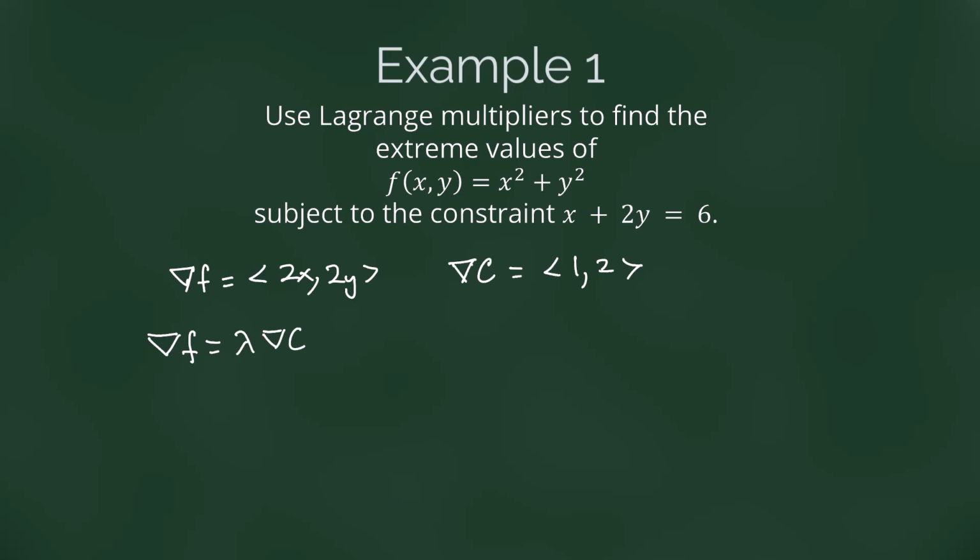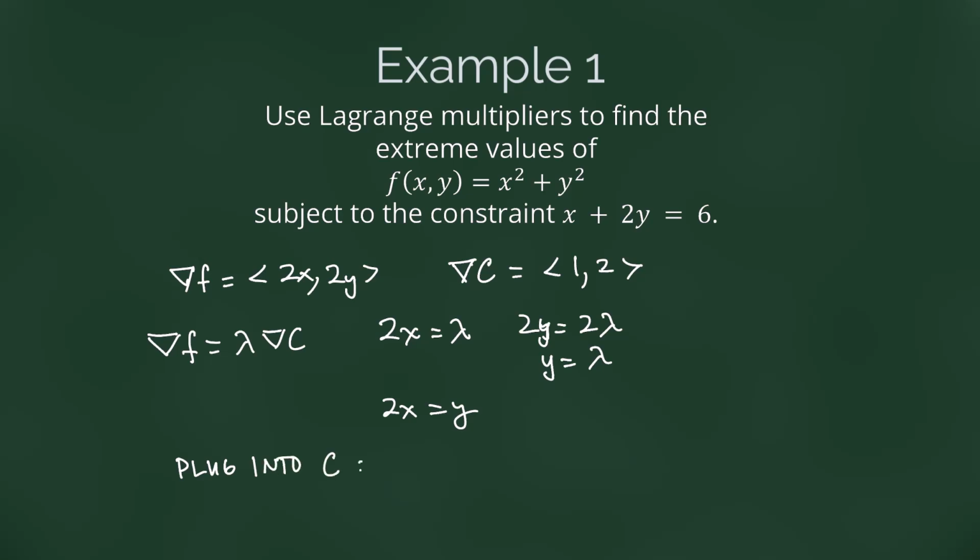And you can put lambda on either side depending on which is most convenient, but we're going to get here that 2x is equal to 1 times lambda, and 2y is equal to 2 times lambda. In other words, this is the same as y is equal to lambda, which tells us that 2x must be equal to y in that case. So then once we know that relationship between our x's and y's, we can plug into our constraint, and we get that